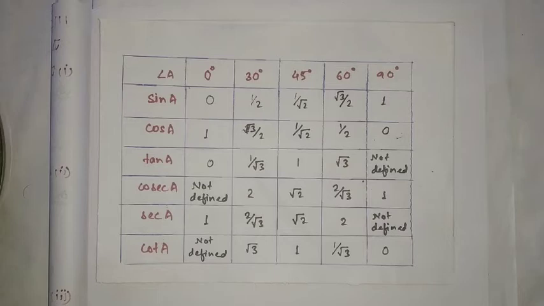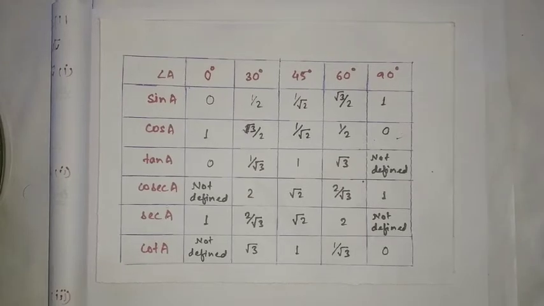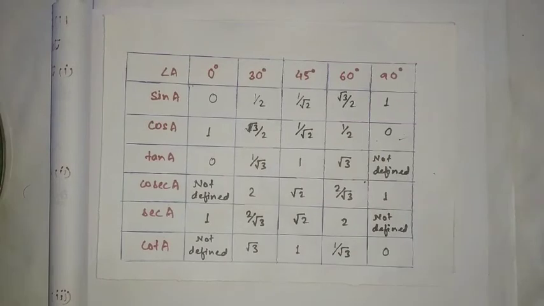This is the fourth video of the chapter 8 trigonometry of class 10. If you have not watched the previous videos, I suggest you go and watch them for easy reference. In this video, I'm going to start with this trigonometric table, and if we have enough time, we will go for the second exercise 8.2 of this chapter.